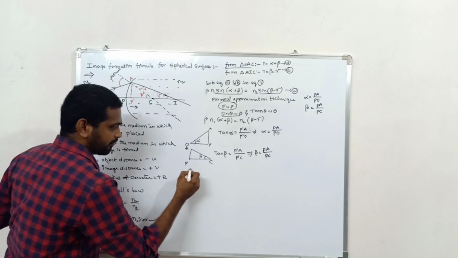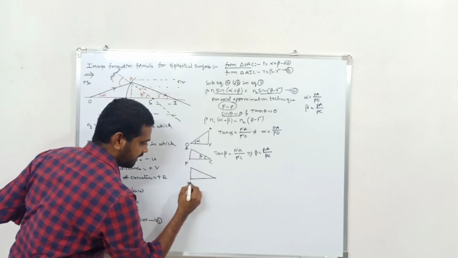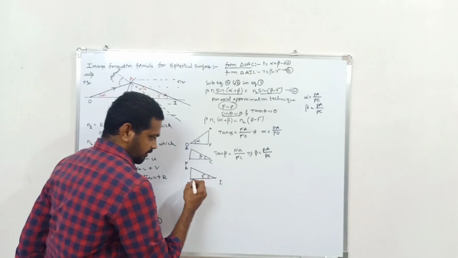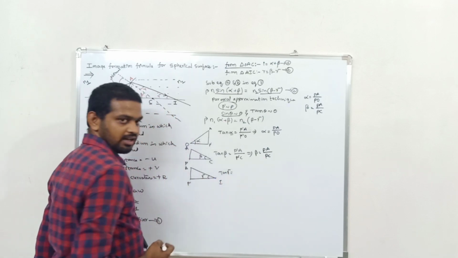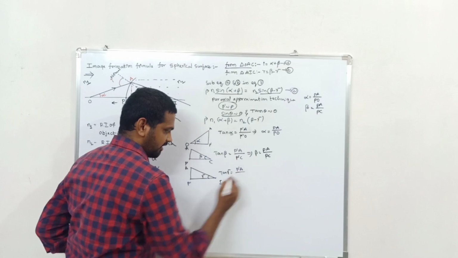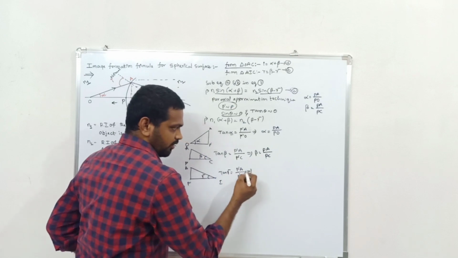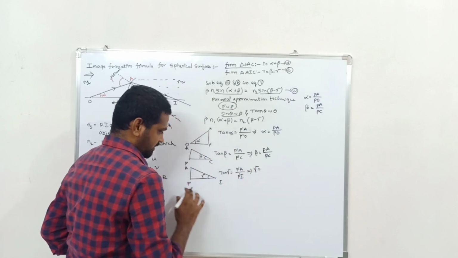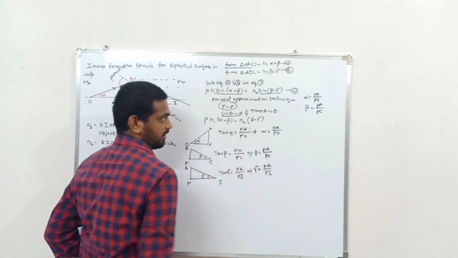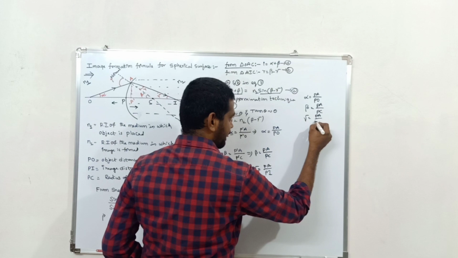In the similar way, in the triangle P dash A I, this is the angle gamma at I. So tan gamma, I am writing the expression for tan gamma. Tan gamma is nothing but opposite side divided by adjacent side. What is the opposite side value? P dash A divided by P dash I. Adjacent side value is P dash I. So whenever you apply the paraxial approximation technique, gamma can be written as, in place of P dash you need to write P, PA divided by PI. So what is the value of gamma you got? Gamma is equal to PA divided by PI.